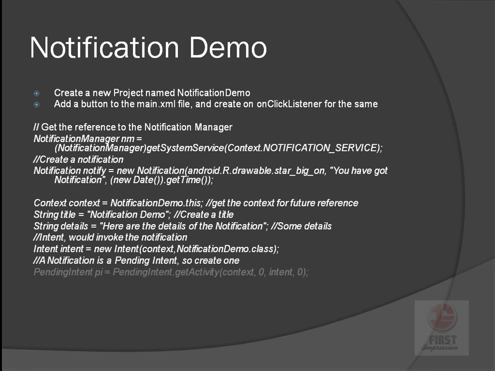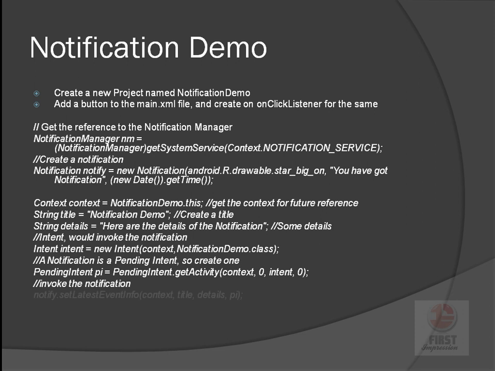Then we'll create a pending intent by saying PendingIntent pi equals to PendingIntent.getActivity. It will get the activity from the pending intent. We have to pass the context, the request code, that is 0. It doesn't matter what code you pass over here. You can pass 0, 1, 2, 3 or 5. It's not an issue. Comma, the intent which will be called, comma, the flags, that is 0. So these are some of the default arguments that you have to pass over here: the context, the request code, the intent, and the flags that you want.